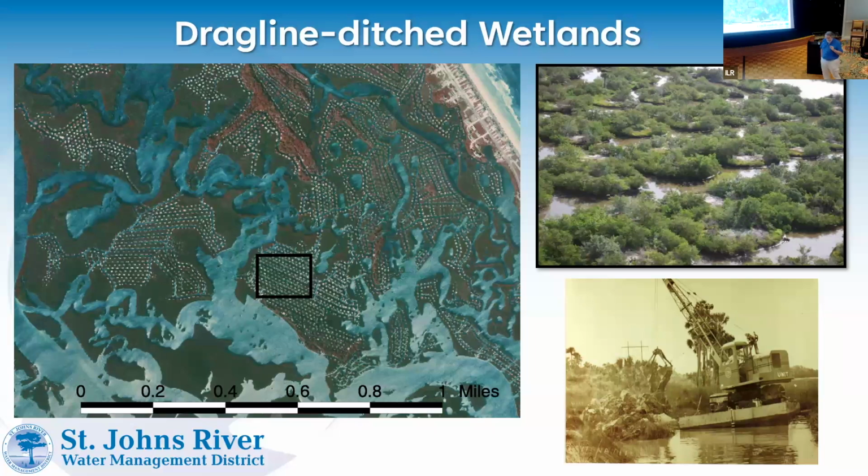Now, the last couple of things that we've done, well, I will mention there are a couple of places where they actually used filling like they would do for residential development to control mosquitoes, but it was only done for a very short period of time because it was not cost effective. The idea there is that you put enough fill material in to take it out of the intertidal zone, and then it doesn't breed mosquitoes anymore. But it was way too costly for them to make a dent on the amount of wetlands there were